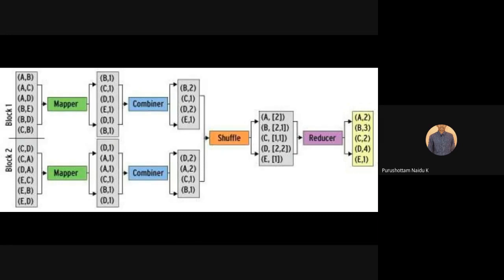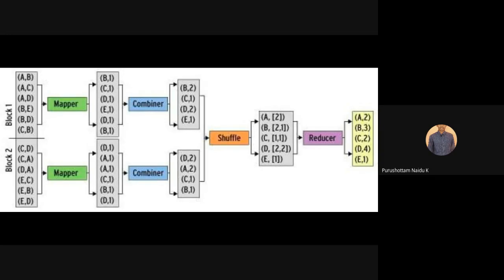Now, this is the example with word count frequency. Let's see, if you're using the combiner, how many data transfers are we getting? 1, 2, 3, 4, 5, 6, 7 data transfers. If you're not using the combiner, how many in total? 12 data transfers. That means we are reducing the data transfers. When we are reducing data transfers, automatically which one? The network load is reduced.